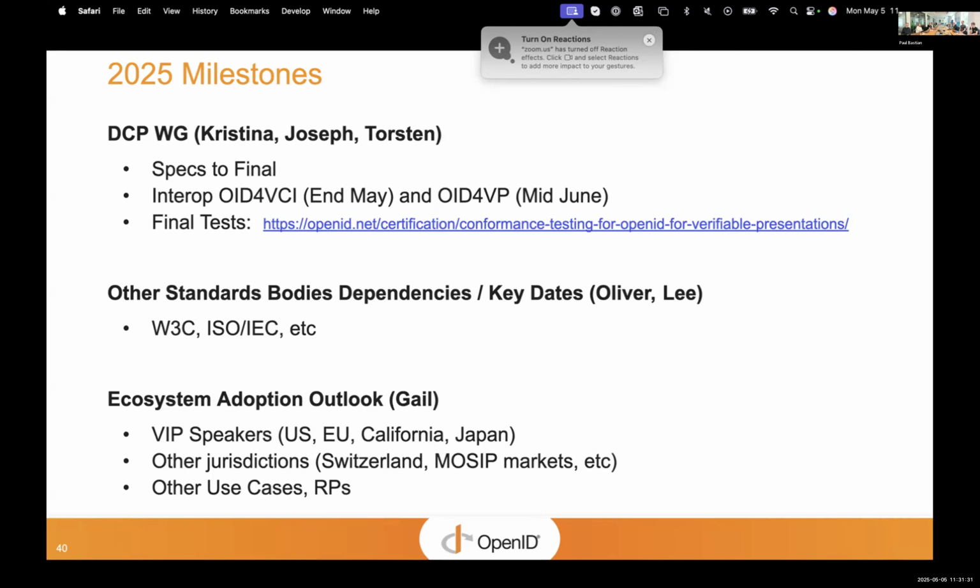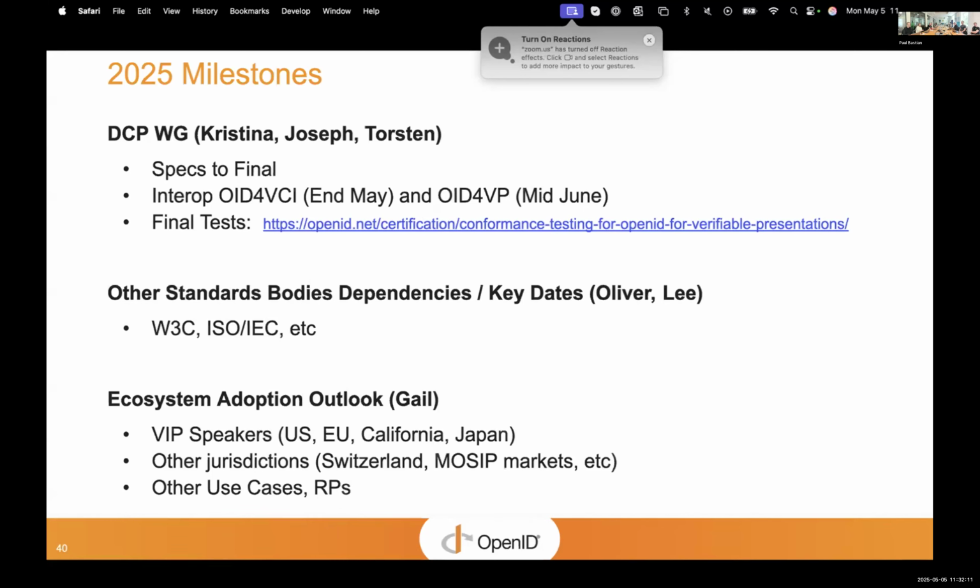So those are 4 of the most active governments who've been sharing some of their requirements and have already selected or started rolling out the OpenID for verifiable presentation and the DC API specs. So we're looking forward to their formal comments later today. Some of the other jurisdictions, like Switzerland, have selected OID for VP. MOSIP has several of the OID for VC family of specs incorporated into their modules, but not fully deployed across their 35 jurisdictions that they're supporting. But that collaboration remains active. And we are expecting other jurisdictions to follow suit in due course, as well as private sector implementers.